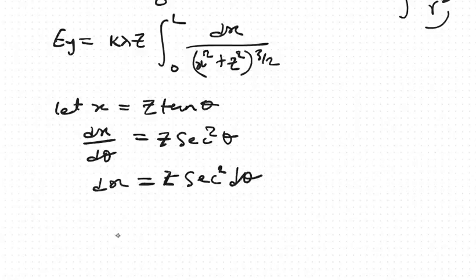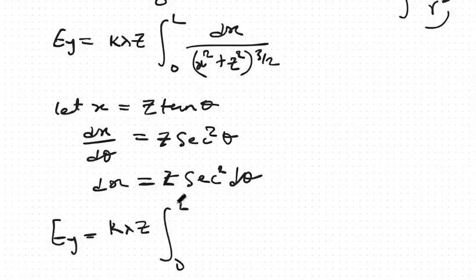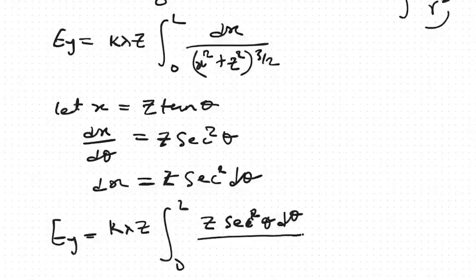If you substitute it back in the expression, we have Ey is equal to k lambda z integral from 0 to L, dx is z sec squared theta d theta divided by